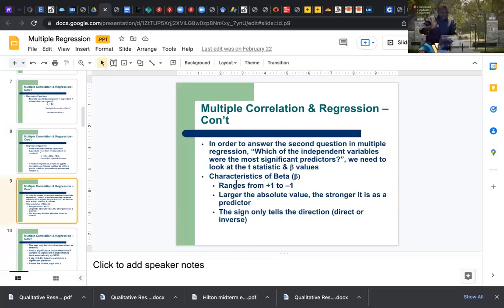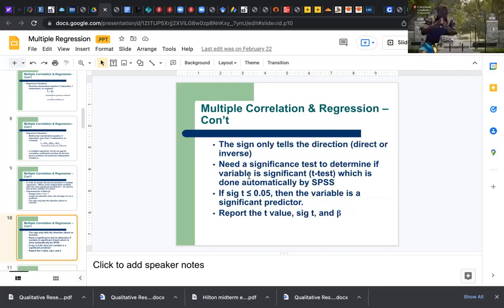So you report the t statistic and the beta for the most significant predictor. The sign tells you the direction. If the Sig-T is below 0.05, then the variable is a significant predictor. So report the t value, the Sig-T, and the beta